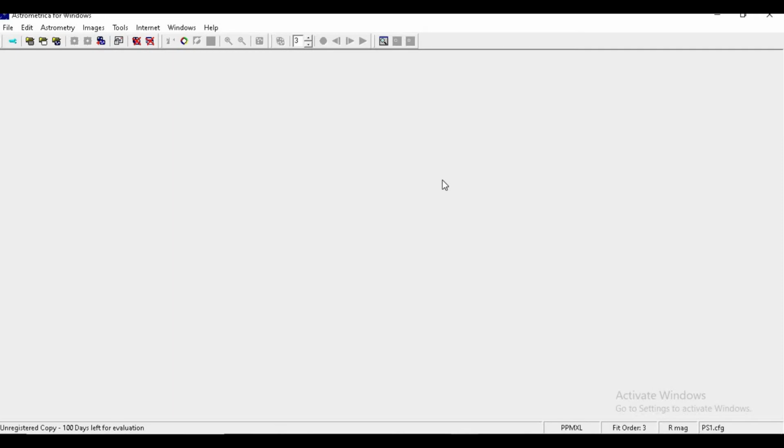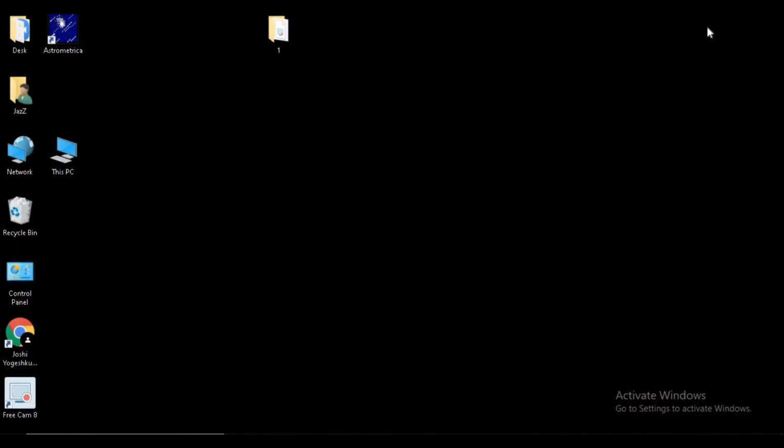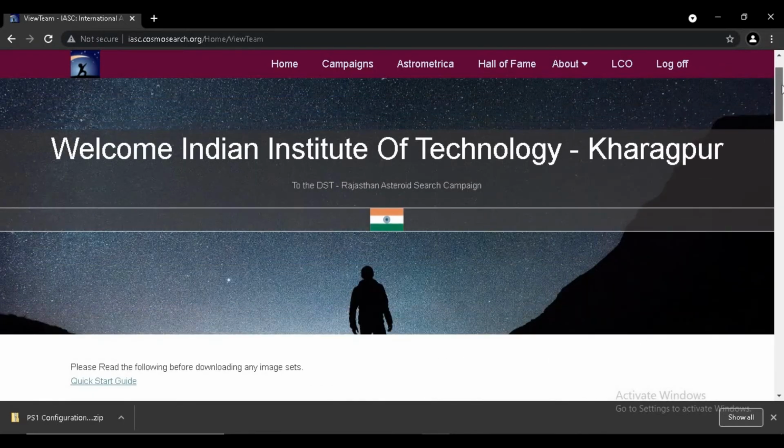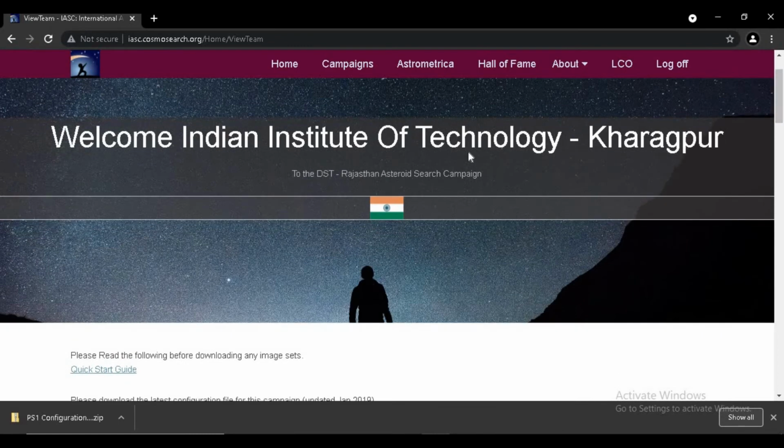Now I am switching to the third step of the Astrometrica tutorials, which is downloading the image set. To download the image set, let us again move to the IASC web page. As I told you, my team name was IIT Kharagpur.